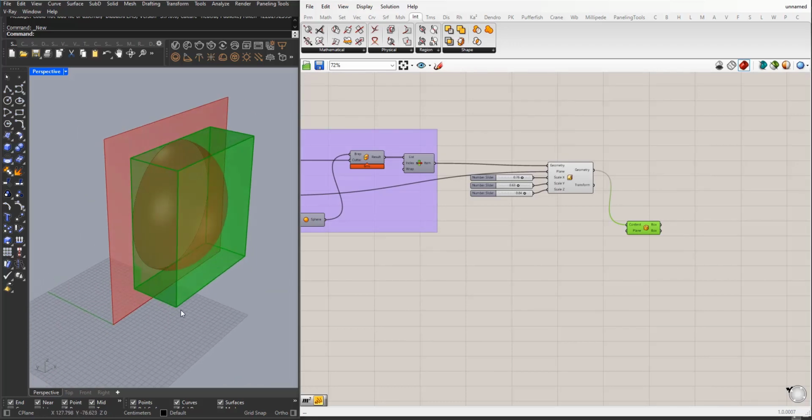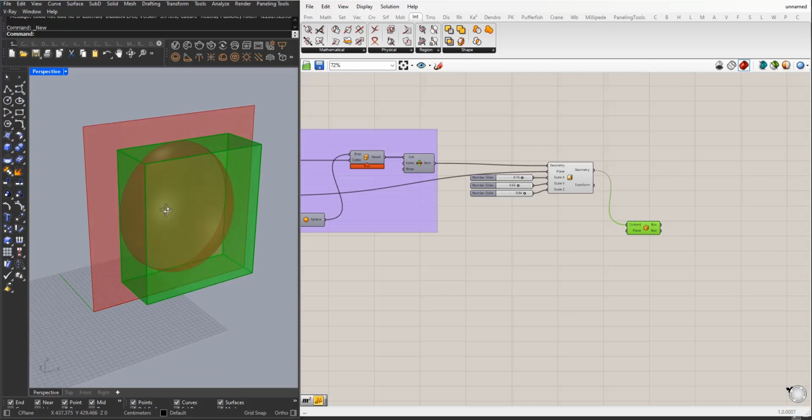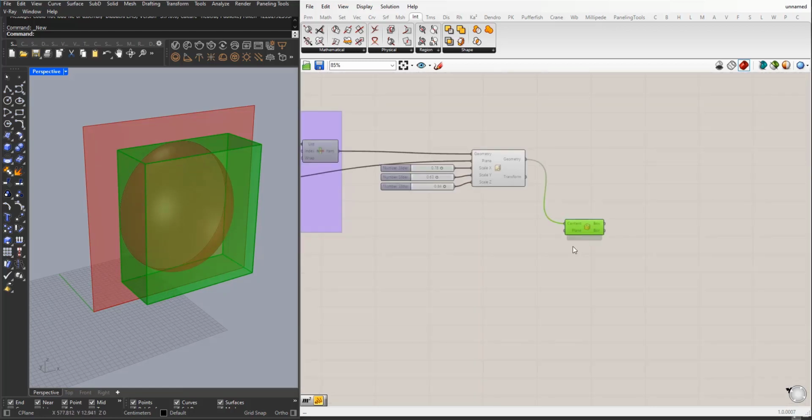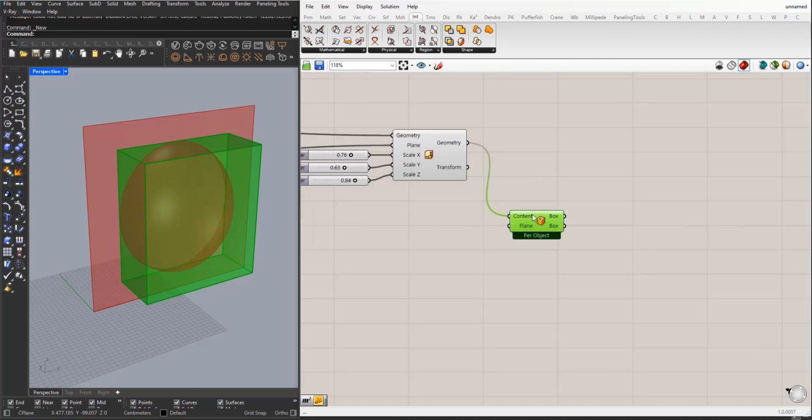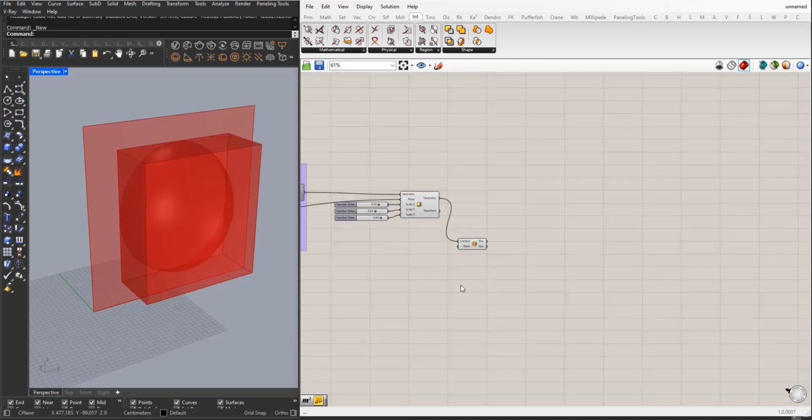Also, I want the distance between this vertex and this vertex for the vertical diameter. I will need these numbers because later on I will divide these numbers with the number of shelves I want to get the distance between each shelf. So now I have this bounding box. I will explode it